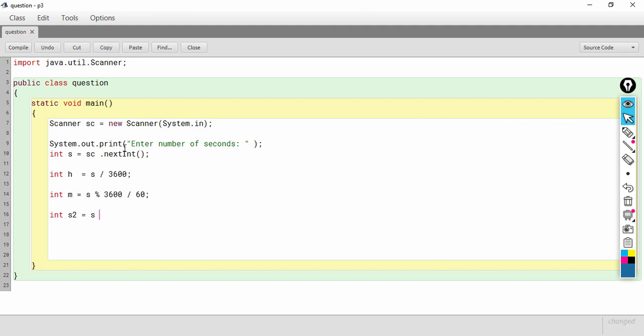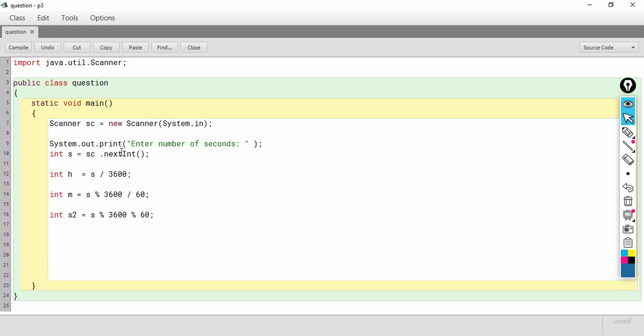So, s modulus 3600 modulus 60, this will give me the number of seconds. And we have found out the hours, minutes and seconds. Now we simply need to print it.